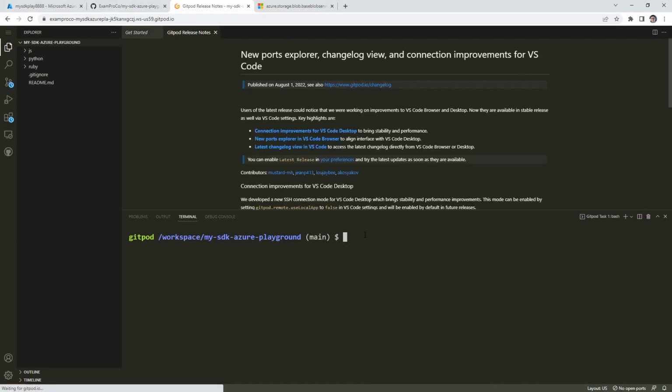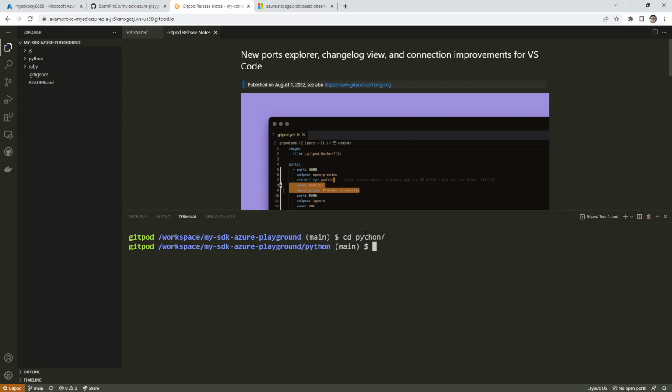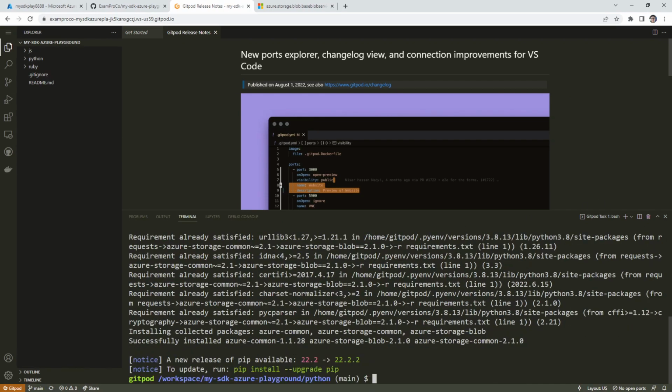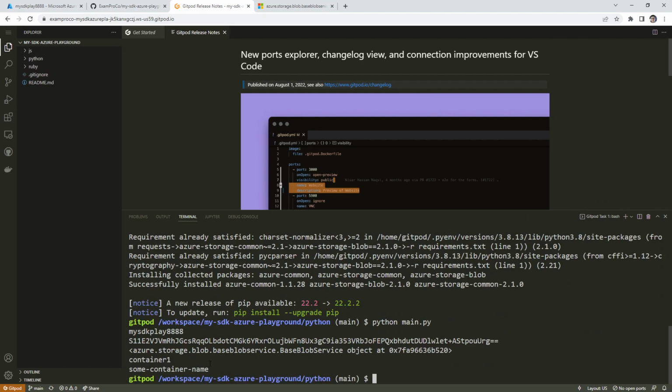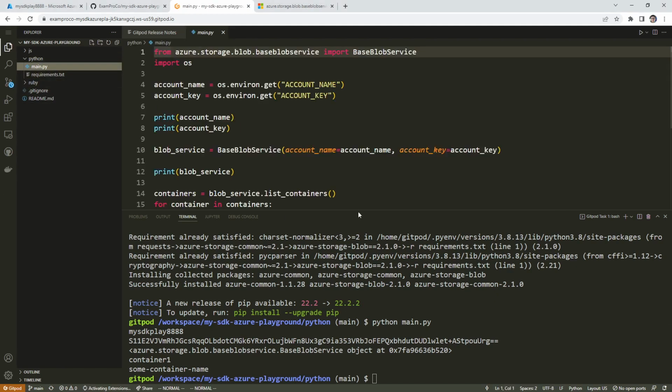So what I'm going to do is make our way back into the Python directory, and we'll do a pip install our requirements. And so hopefully this time we don't get that weird problem we had before here. I really don't have to restart. Notice it's printing the container name, so pretty similar to what we did before. And so what we'll need to do now is just print out the actual objects like we did with the Ruby script. So we'll go back here to the main, scroll on down,